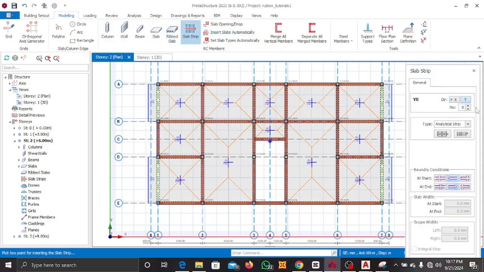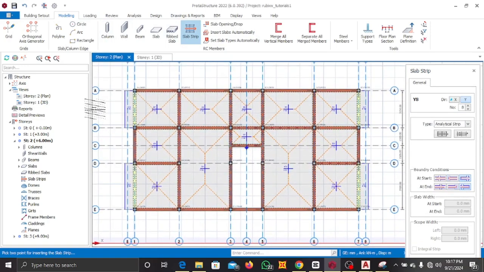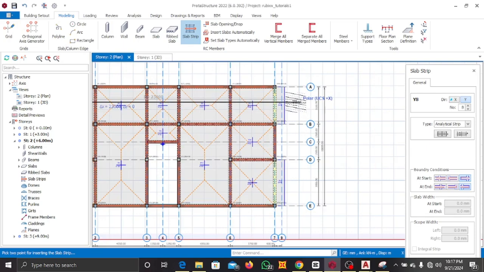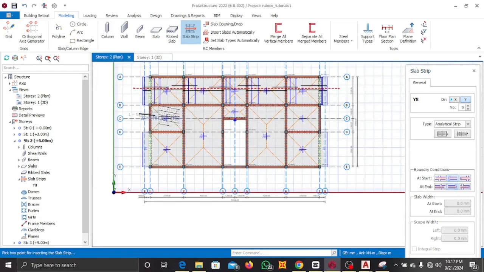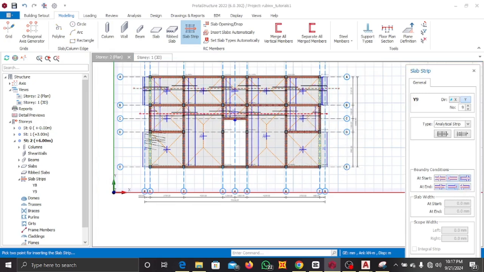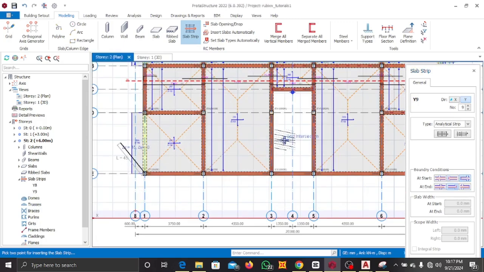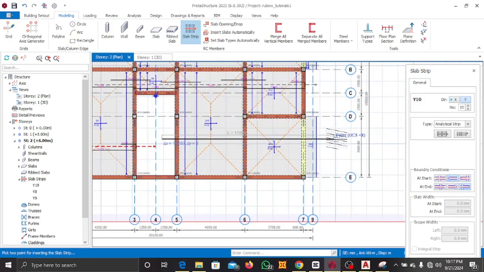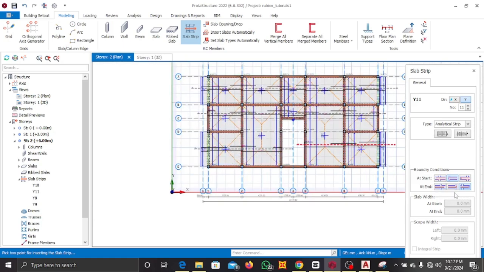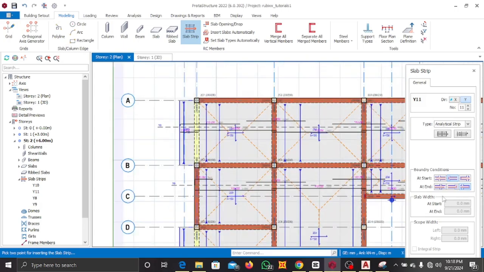All right, so direction X. Then for direction Y, it's going to be from